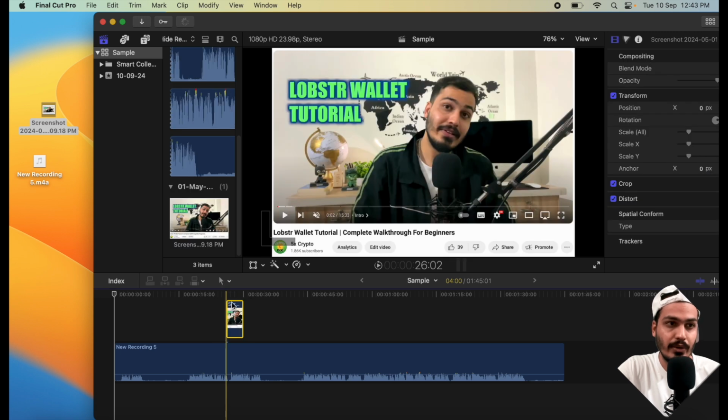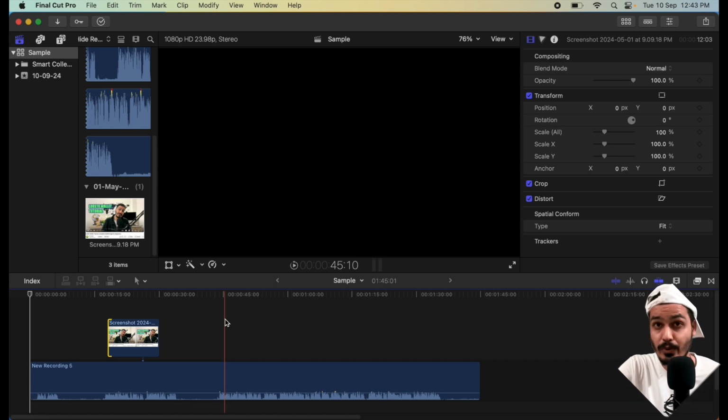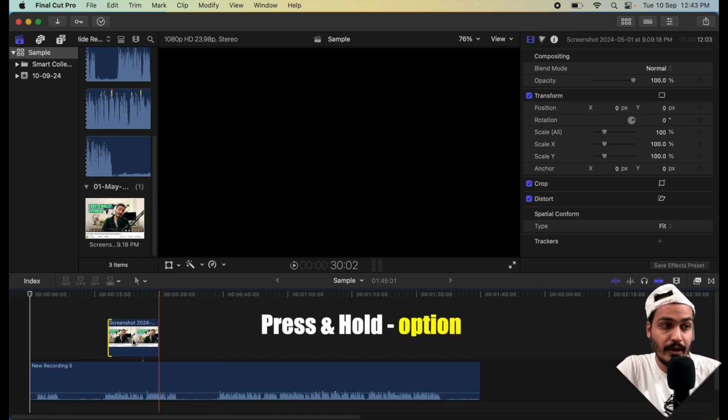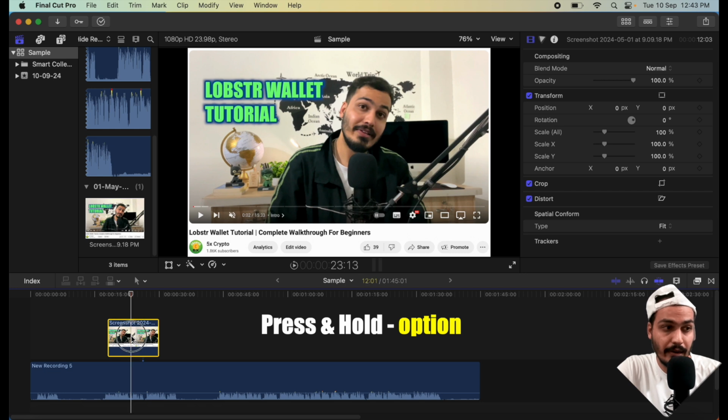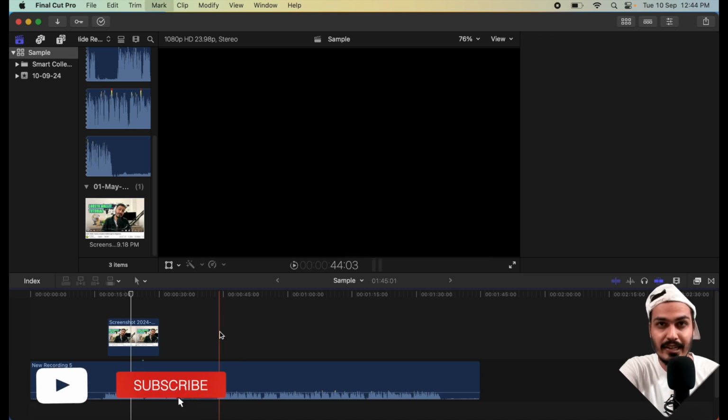We can add the videos as well. And this is how easy it is to add layers. Now you can add different layers as well. If you want to duplicate any particular layer, simply press Option on your keyboard and select that particular layer and just move it around in order to duplicate it. As simple as that. If you want to delete it, simply select any particular layer and click on delete, and